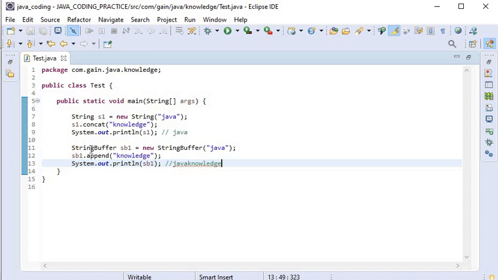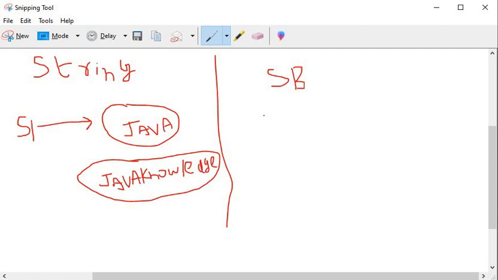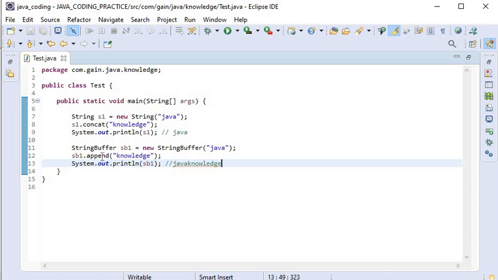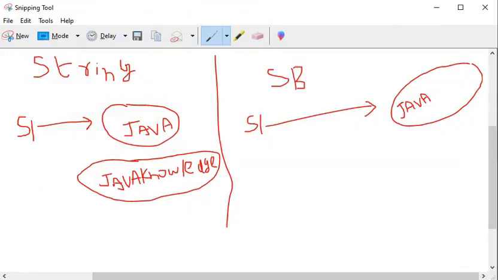And when we are using the StringBuffer class and creating the object, a new object will be created and it will refer to the Java object. When we try to modify the content with knowledge, the modification will be done in the already existing object.